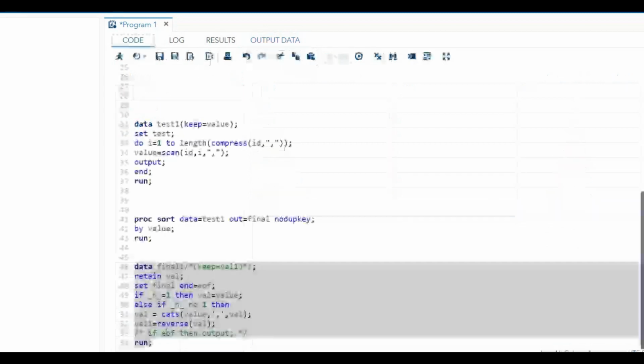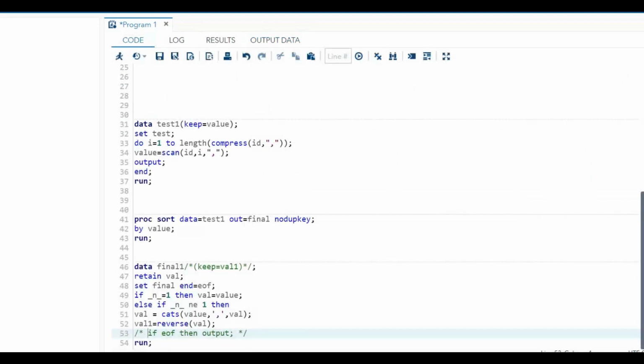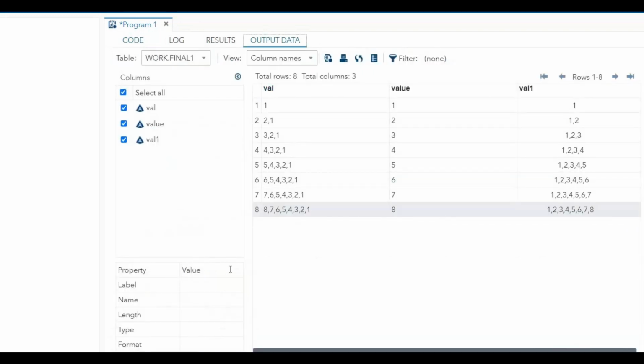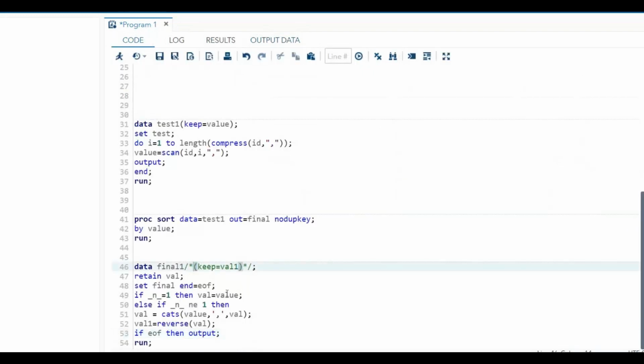For that part, I have used this statement. As I mentioned earlier, the END option is used to create a variable to represent the last row of the data set, so I have simply written EOF. Then I'm using the output statement, so it will only show me the last record, this one, the eighth record. I've also kept val1 in the keep statement. So if I run this,